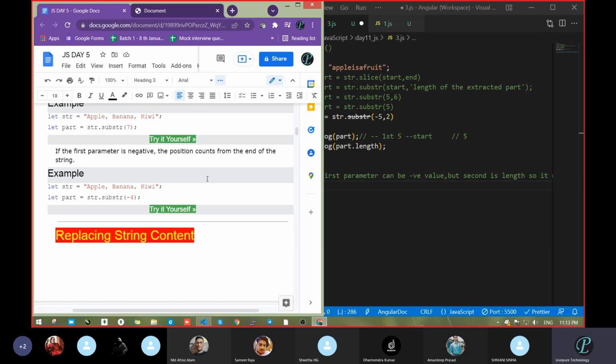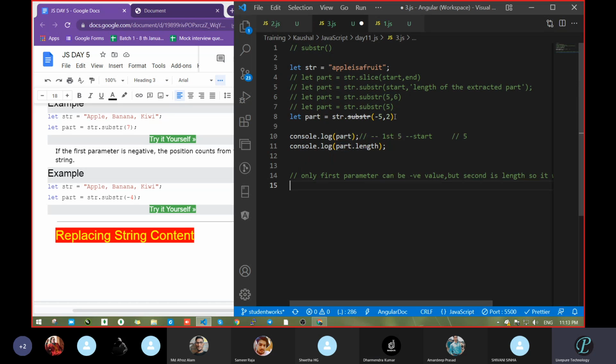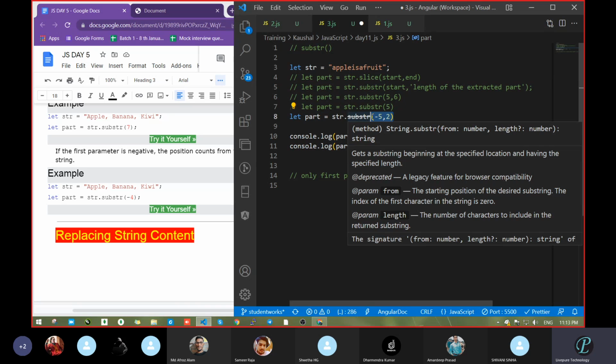Slice, substring, substr: please keep in mind what substring is doing and what substr is doing, and what negative values they take. After the conclusion of all three, slice and substring, ignoring substr, are approximately the same, but substring will not take the negative value. That is the conclusion of those two.